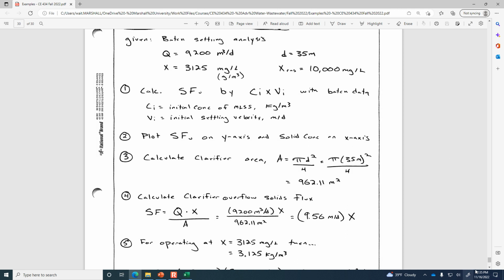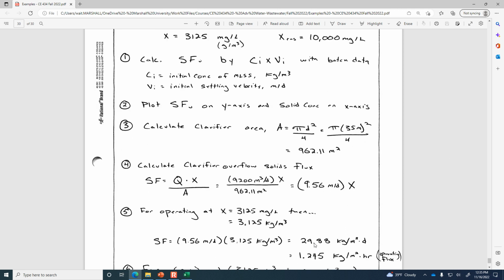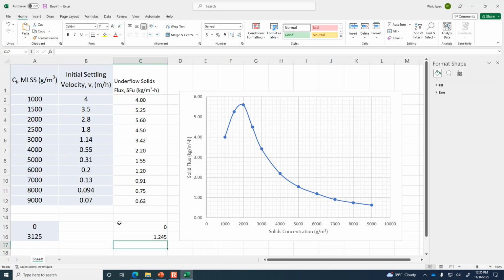Okay, we just calculated the operating flux using this formula for the concentration of 3,125 milligrams per liter. We found that we'd be operating the clarifier at 1.245 kilograms per meter squared per hour. So I want to have a straight line on the curve that represents this, and you already see it